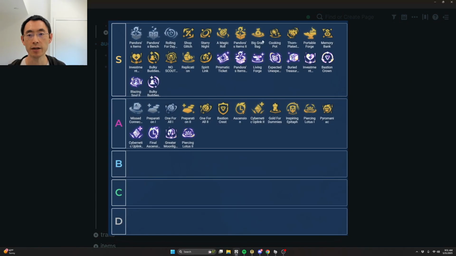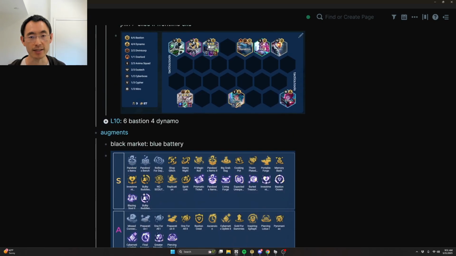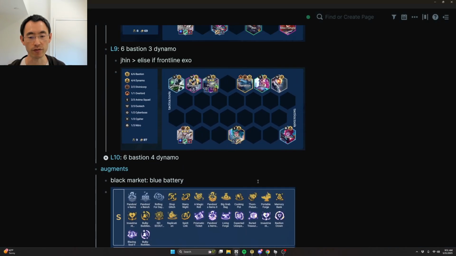Pandora's items, again, big grab bag. We talked about we need a lot of items. Cooking pot, because if you can get a pan going, start feeding the Poppy to get more HP. It can start really scaling. Thorn-plated armor can help you win streak and gives that Poppy extra armor so that her buckler deals more damage. Portable Forge, we talked about lots of artifacts that are quite good. Memory Bank, because you have so much frontline,